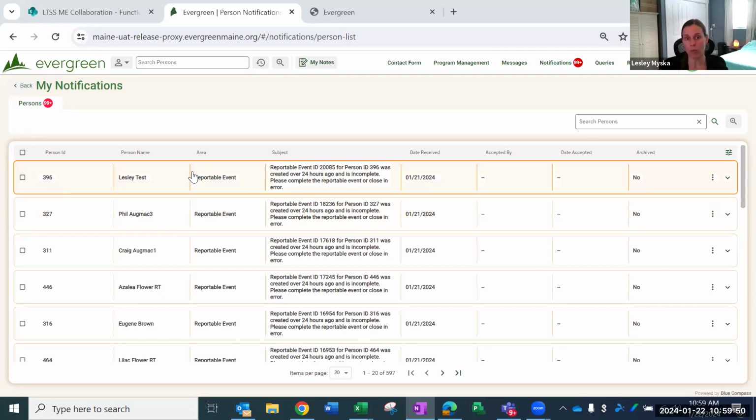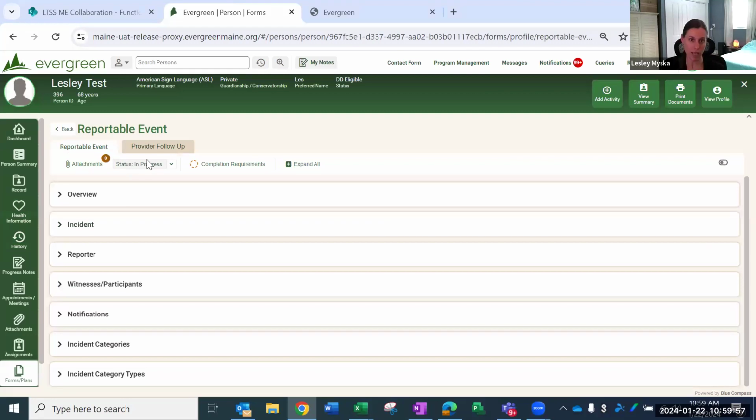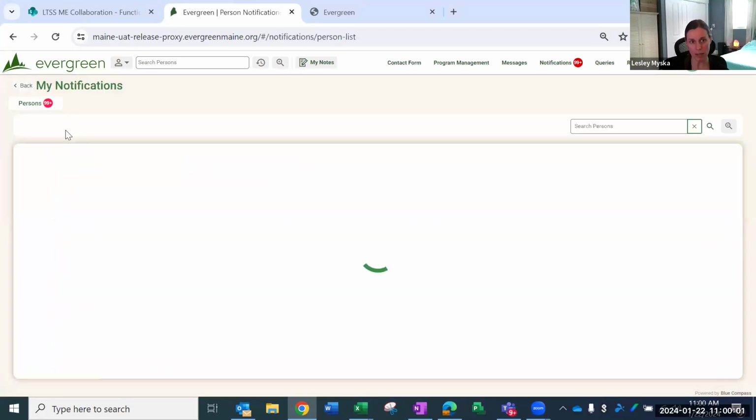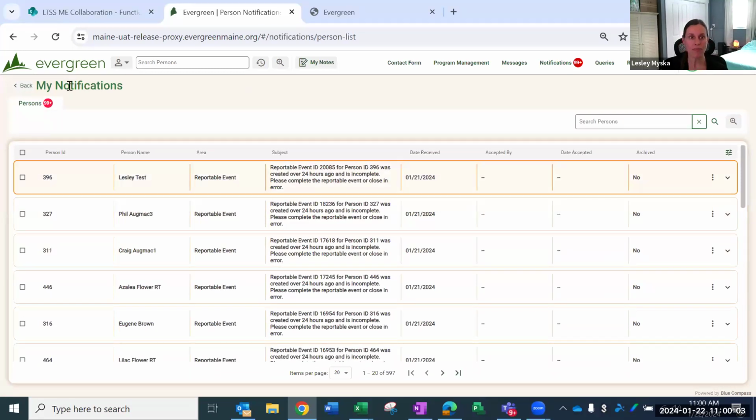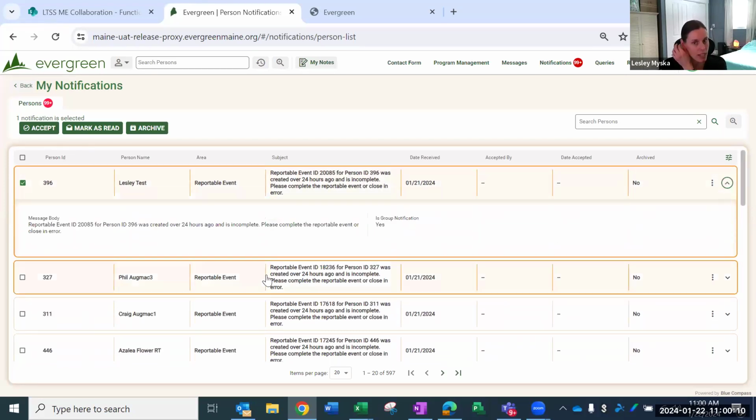So again, they come in bolded. You can click on it. It will take you to whatever it was notifying you about. So that reportable event, that missing person form, you can use your back button to get back to where you came from. You can select a record, and if it's a group notification, so if it's set up to send to like all